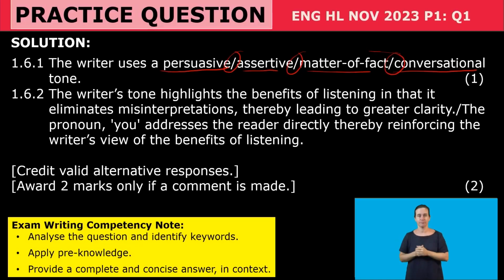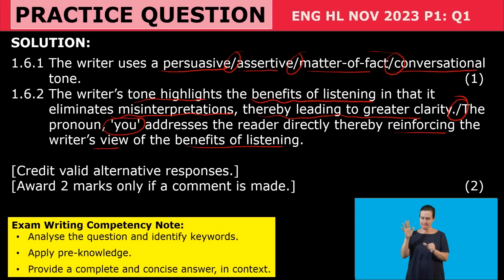Now, comment on the suitability. The tone, which is persuasive or assertive, highlights the benefits of listening in that it eliminates misinterpretations. We've all been there, grade 12s, thereby leading to greater clarity. So we're stating why she feels persuasive and what she wants to persuade the reader of. Or the pronoun you addresses the reader directly, thereby reinforcing the writer's view of the benefits of reading. So 1 mark for the tone question here, and you would get 2 marks